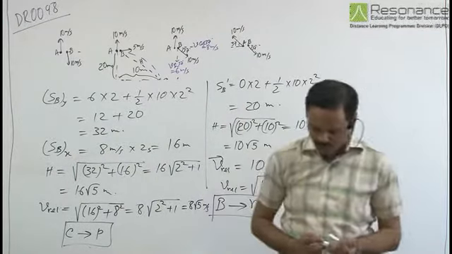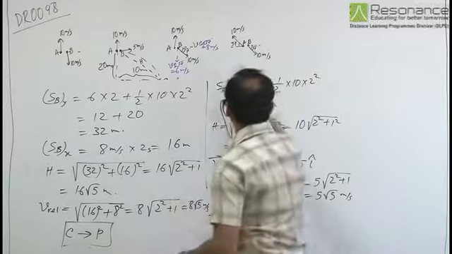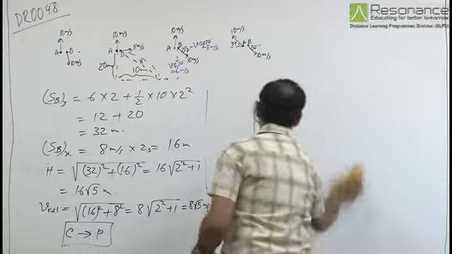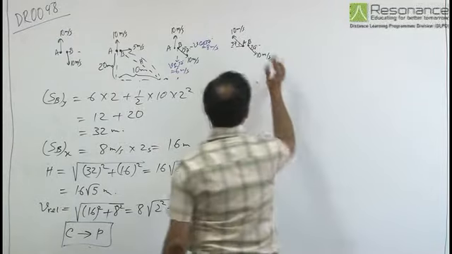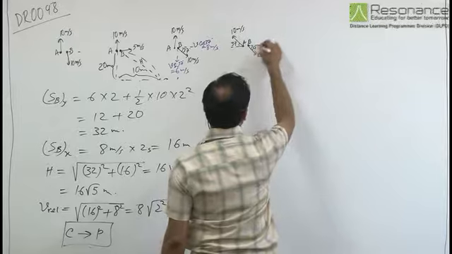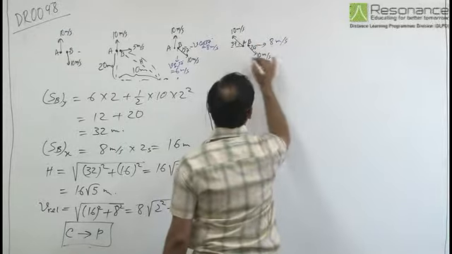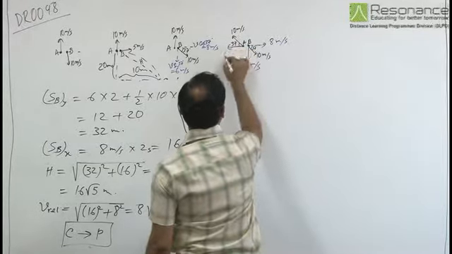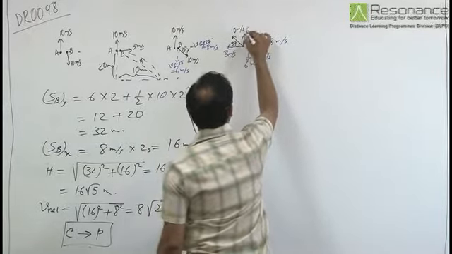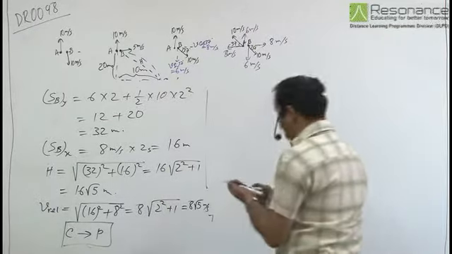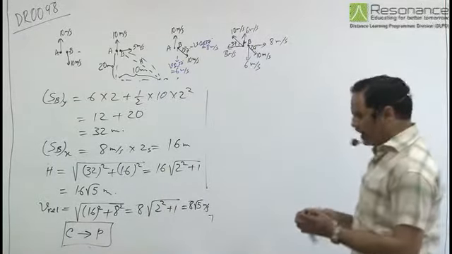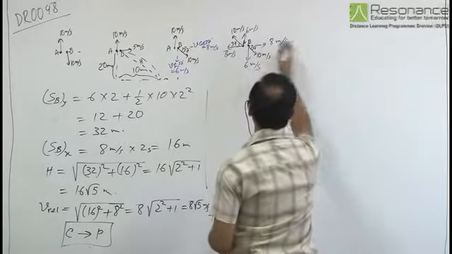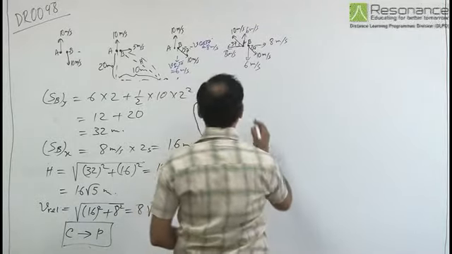And for the fourth situation, there is horizontal and vertical component of velocity. The horizontal component is 10 cos 37, that is 8 meter per second, and vertical is 6 meter per second. Similarly for A, it is 8 meter per second and 6 meter per second. So within 2 seconds, A will move leftward by 16 meter, B will move rightward by 16 meter.